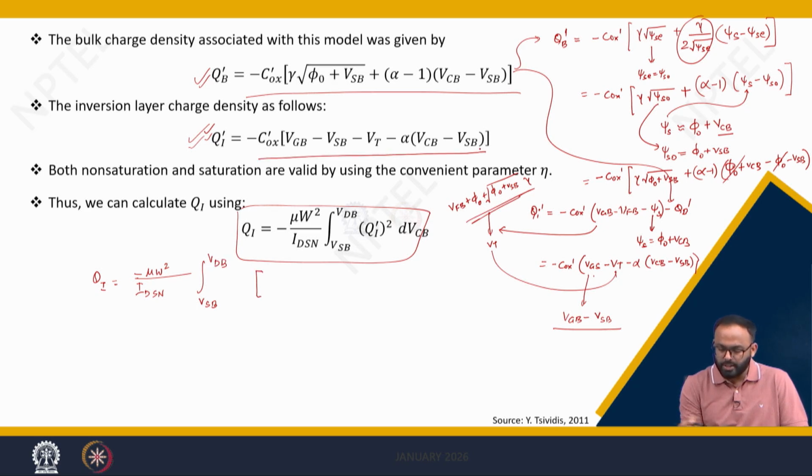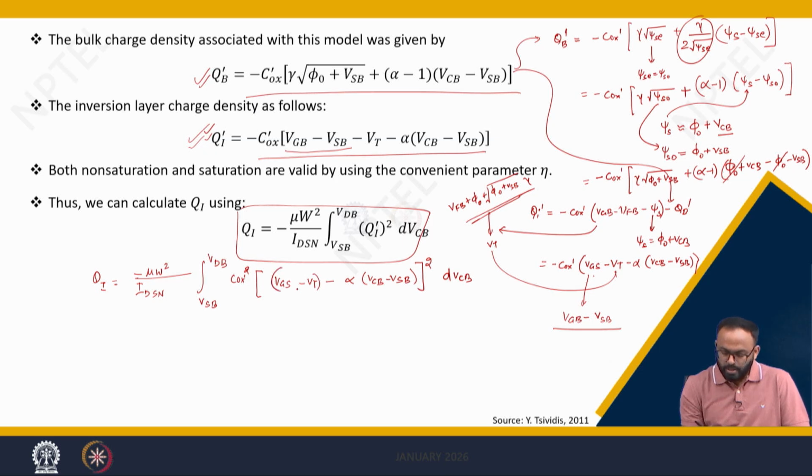So, here I am using this formula. Qi square means will give you Cox dash square into VGB or VGS. Instead of writing VGB minus VSB, we are writing VGS. So, this will become VGS minus VT minus alpha into VCB minus VSB whole square